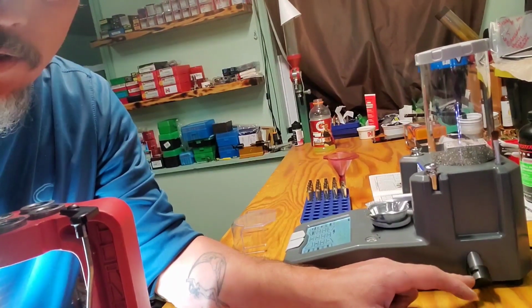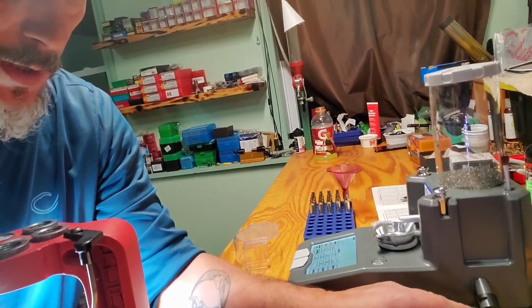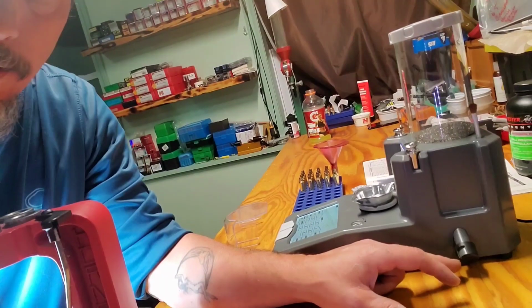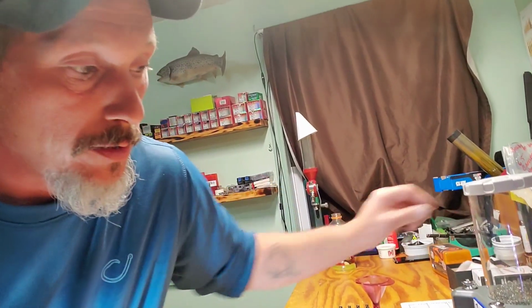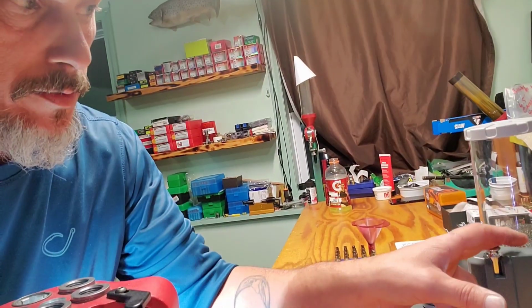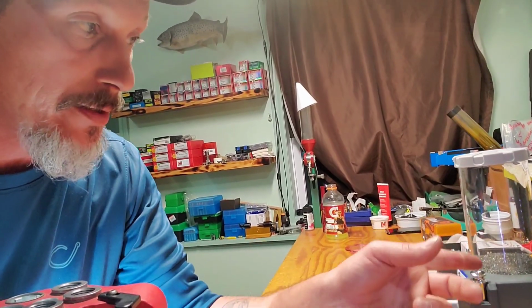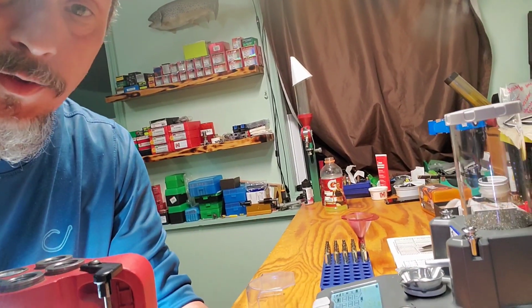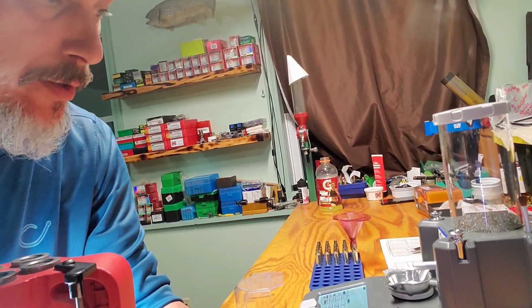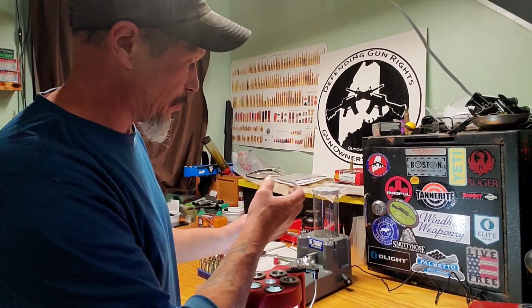This is your drain. This is how to dump your powder. You've got to put this at the edge of your bench, put your jug under it, and then dump it in there. There's always granules inside the throat, so there's always powder in there, and then you could trickle it out, but it's a pain in the neck. So you've got to take this